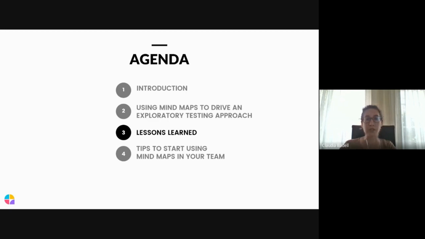So when someone adds a new mind map in our repository, everyone in the team knows where to look. So it's really important to think how we are going to store them, to have them available to all team members. So now I will share some lessons that I learned during this journey.